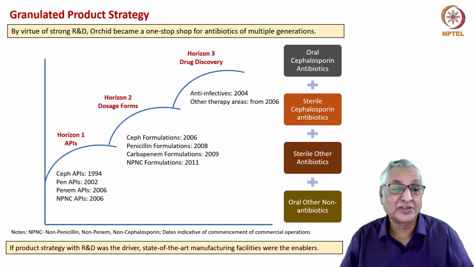Horizon 1 APIs comprised of Ceph APIs which were introduced into commercial production in 1994, followed up by Pen APIs in 2002, Penem APIs in 2006 and NPNC APIs in 2006. Horizon 2 comprising dosage forms involved cephalosporin formulations from 2006, penicillin formulations in 2008, carbapenem formulations from 2009 and NPNC formulations from 2011. In respect of drug discovery, the journey started with anti-infectives in 2004 and extended to other therapy